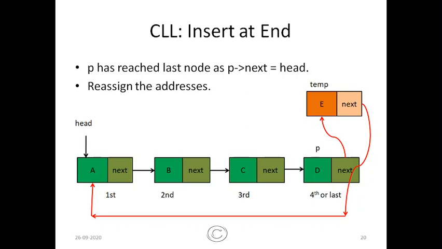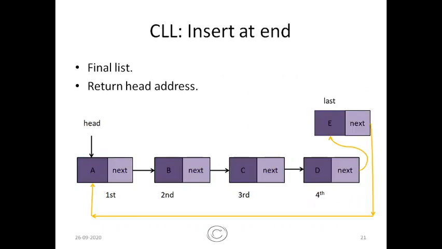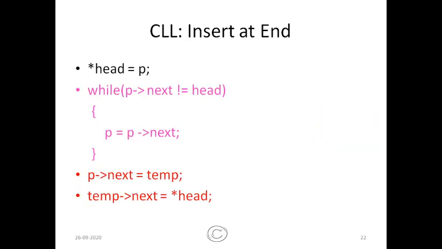So now, let's see the code first. This is the function with the head address being passed. Now this is very simple. We assign the head address, so p is equal to head, then while p next is not equal to head, p is equal to p next. It will simply traverse to the last one. There is just a small modification. The first statement, head is equal to p, that is actually wrong. That can be written as p is equal to star head.